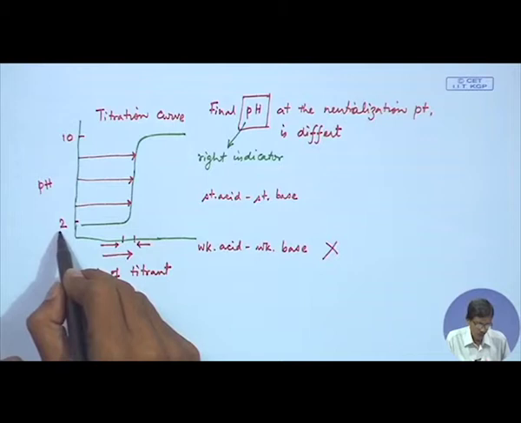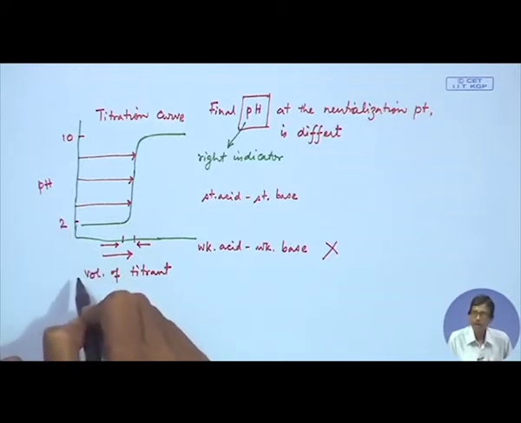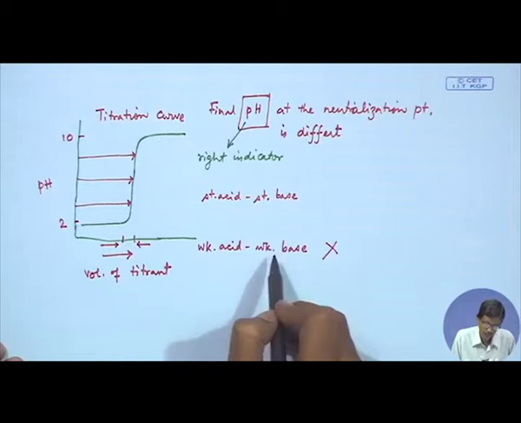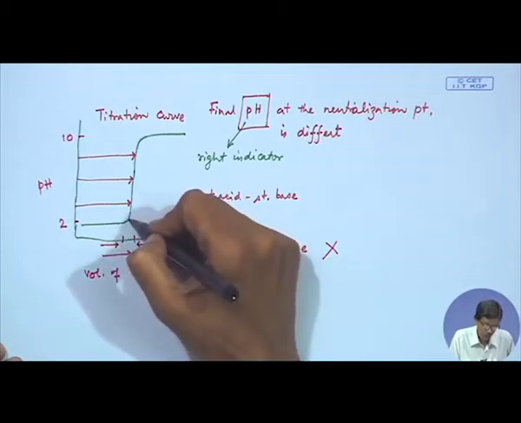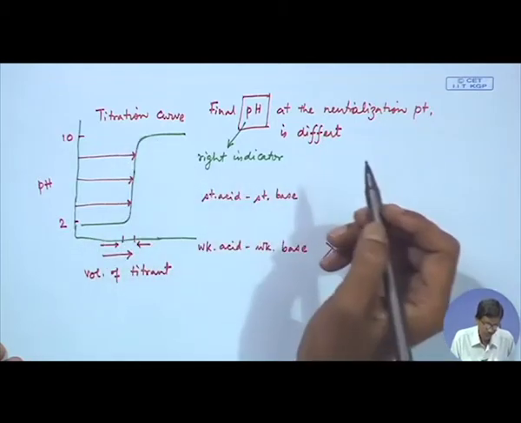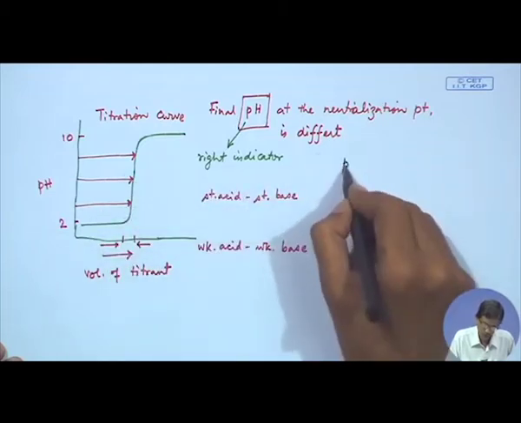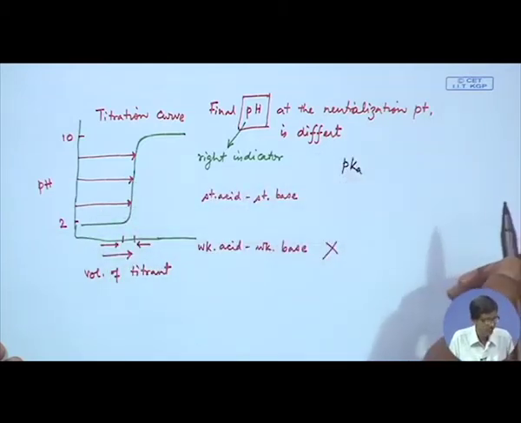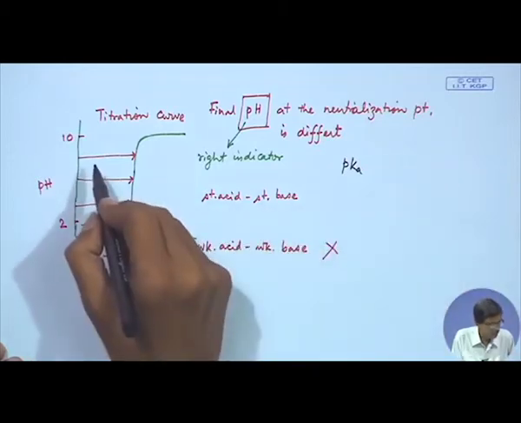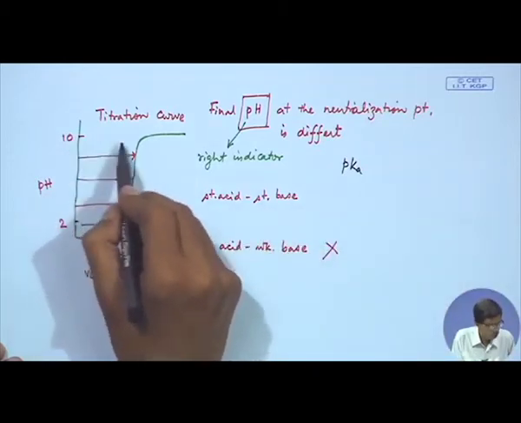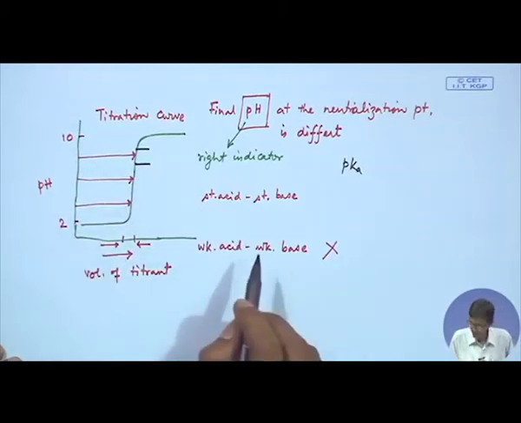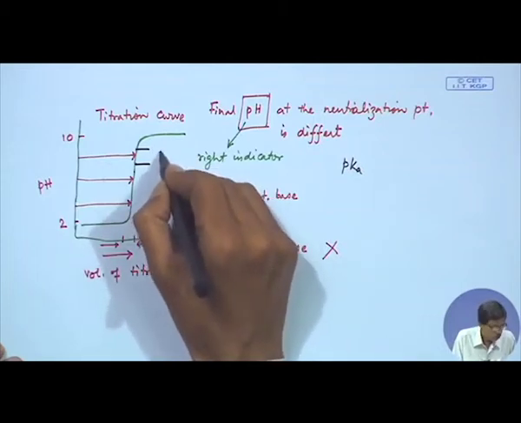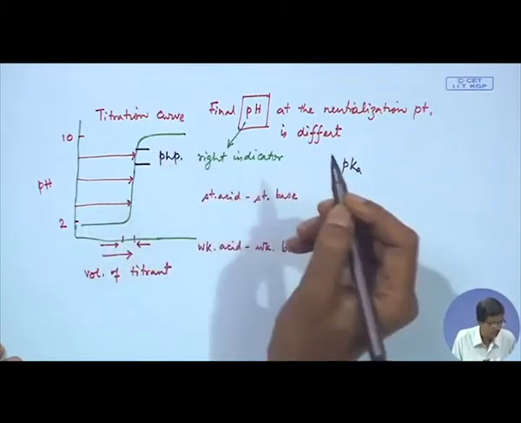Since we are talking in terms of a low pH range, that means the acid is in the conical flask and in the burette you have the base. So, when we are adding the base, due to the small addition, a steep rise in the pH value takes place and it crosses the corresponding pK value of that particular indicator. We know this value will be close to the 6 to 8 range, so phenolphthalein can be a good one.